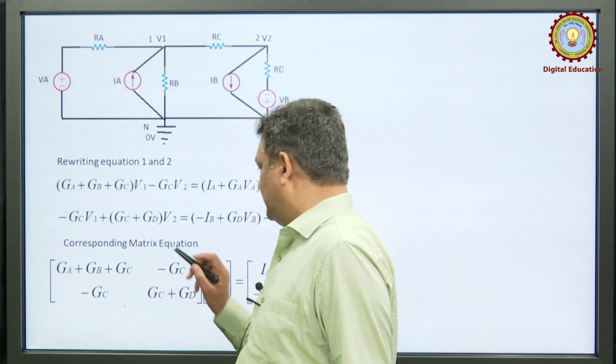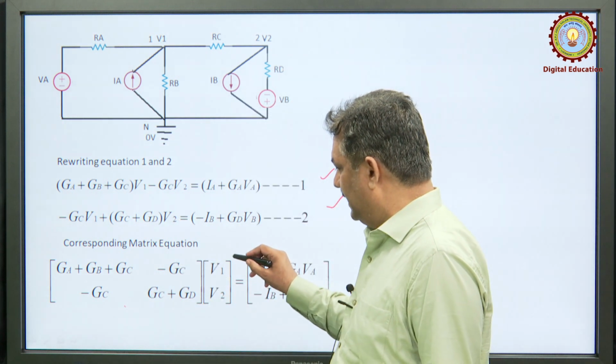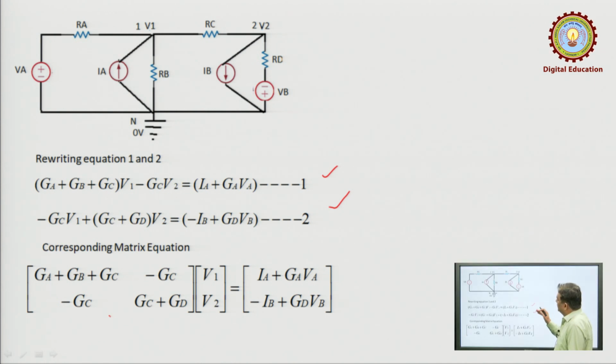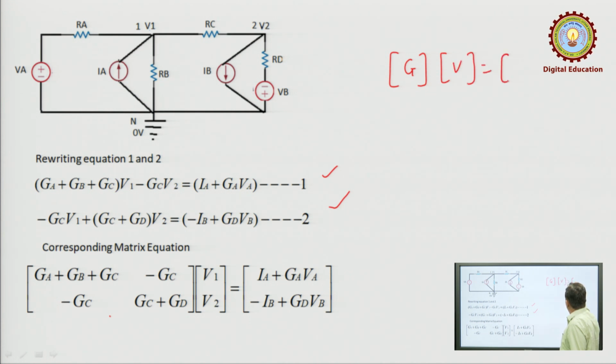So, conductance matrix multiplied by voltage matrix equal to current matrix. Since it is a resistive network, the general form of the equation we get is conductance multiplied by voltage equal to current matrix. This will be the general form of the node equation